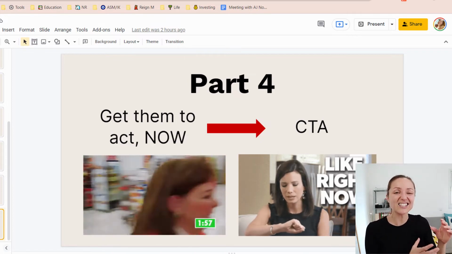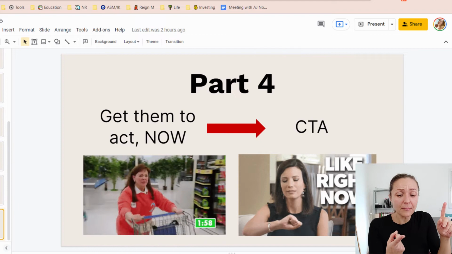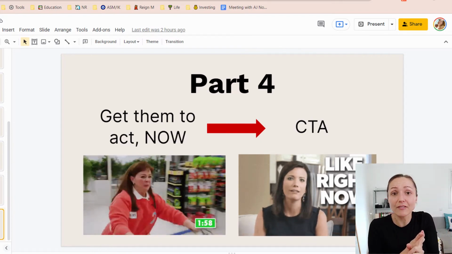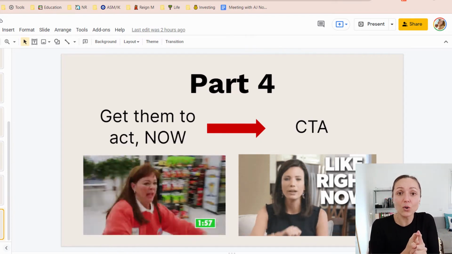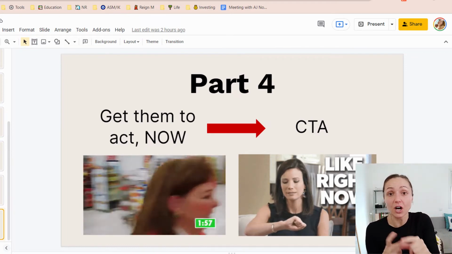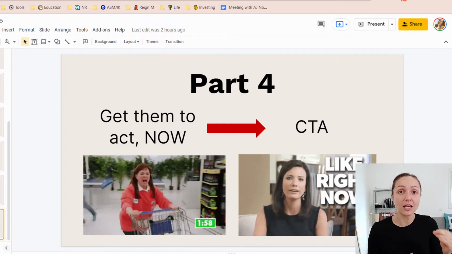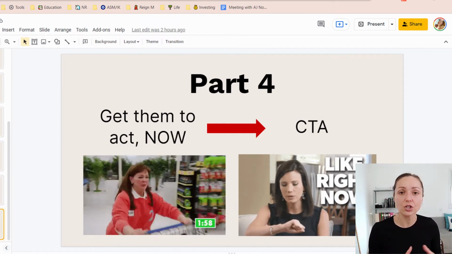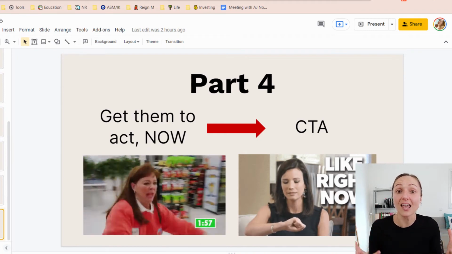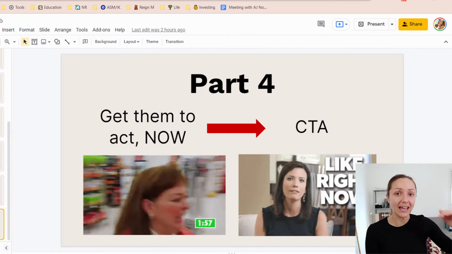And usually I like to add a little bit of scarcity. Maybe your offer is time related. Maybe you just have one more week until the offer goes away. Maybe you have several different spots available, and once they're gone, they're gone. Something to get me to act now rather than later. Clothing shops actually do this really well because they have these sales like 20% off for the next 3 days, something like that. That's the goal of the end of your ad.